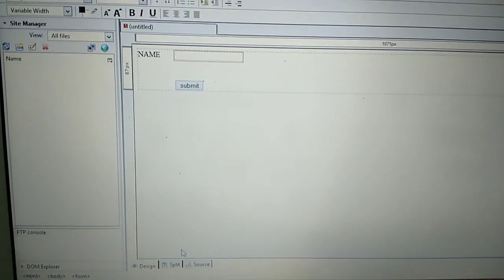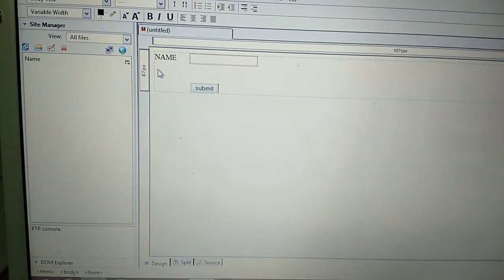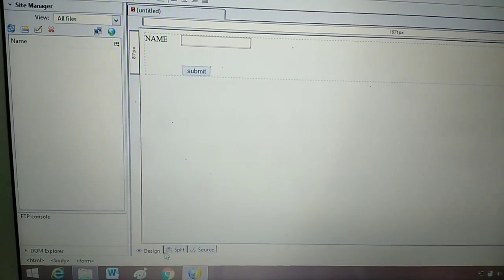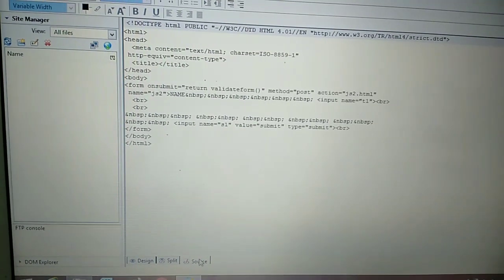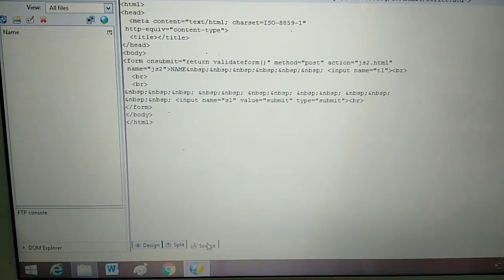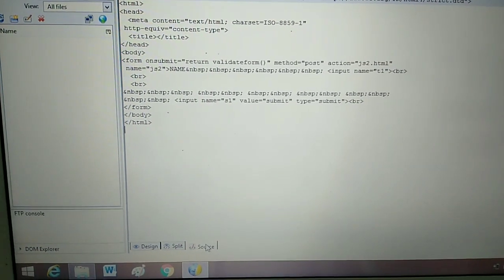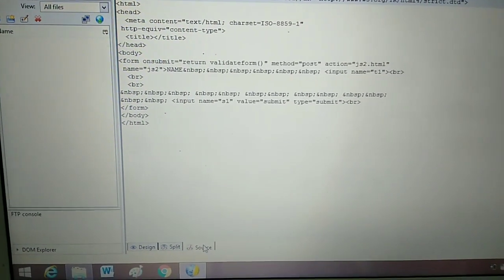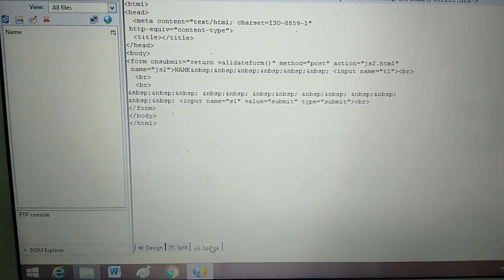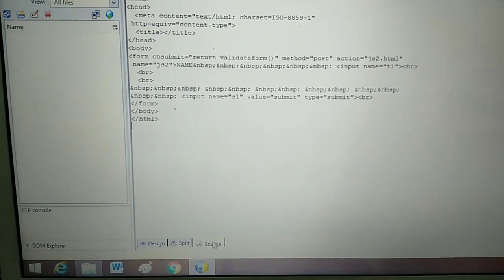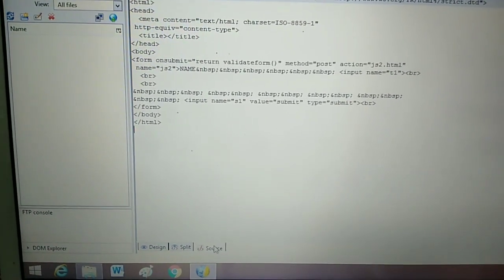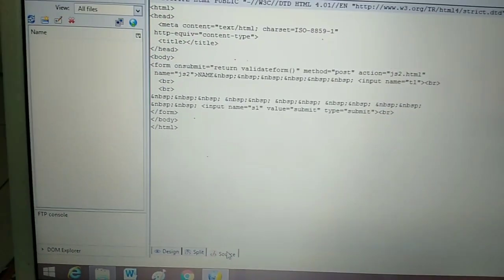Now we have already created our form which contains only one field, that is name, text box and submit. Now can you see three different tabs: design, split and source. As I told you, if you want to add JavaScript to your form, why are we using JavaScript in our form? Because we want to validate our form. If the user forgot to fill in his or her name, hobby, gender, then we have to alert our user that you have to write your name inside a text box. That's why we are using JavaScript.